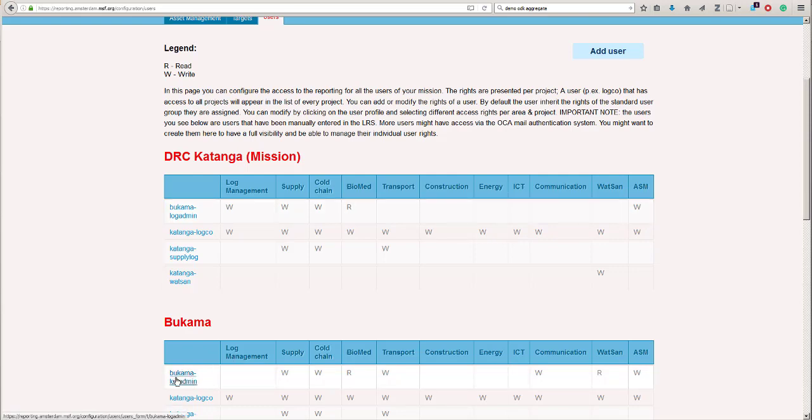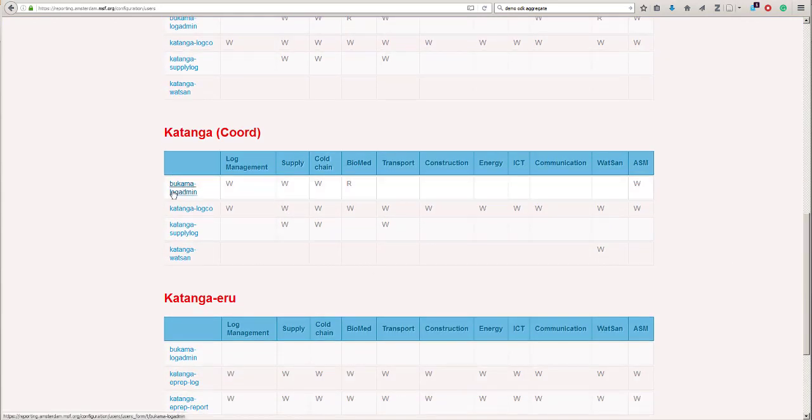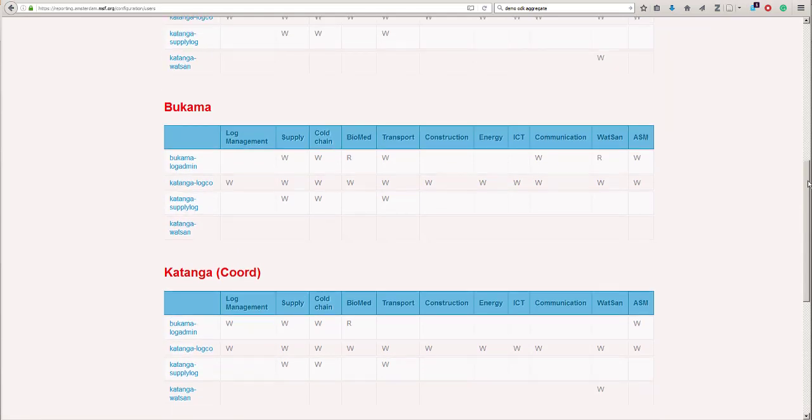Here the Bukama log admin, he was there before, and we blocked him from the log management. For Katanga coordination, the Bukama log admin got the same user rights, the default user rights. And for Katanga Eru, the last column of his user profile, we block him from all access. So this person, the Bukama log admin, can now see Katanga coordination, default user rights, Bukama coordination apart from log management, and the mission level